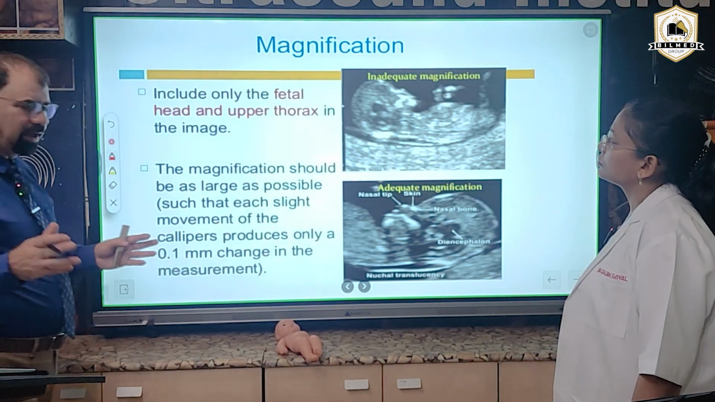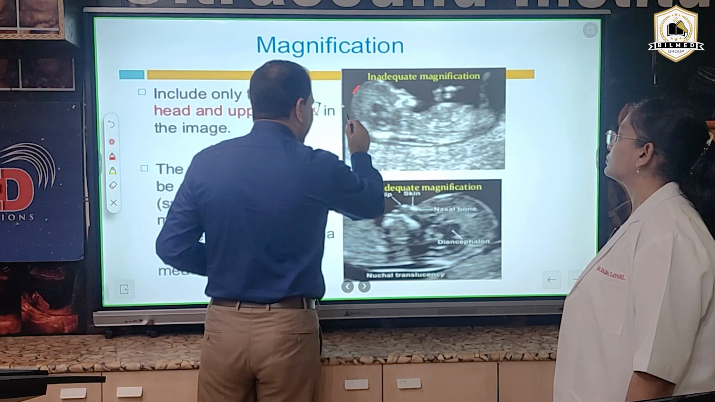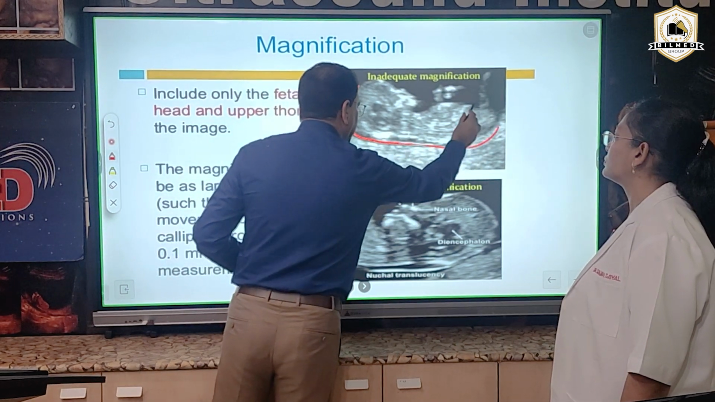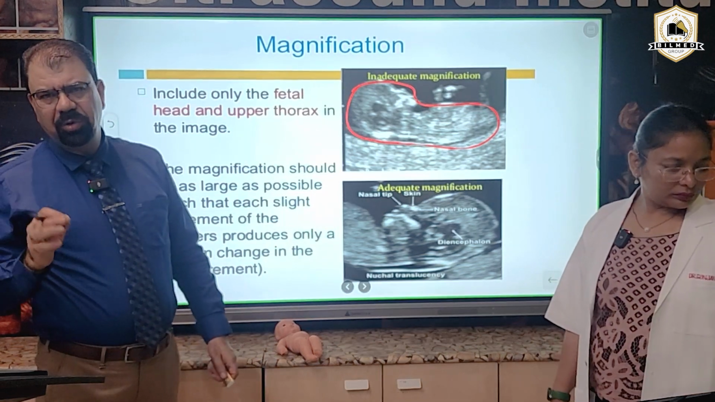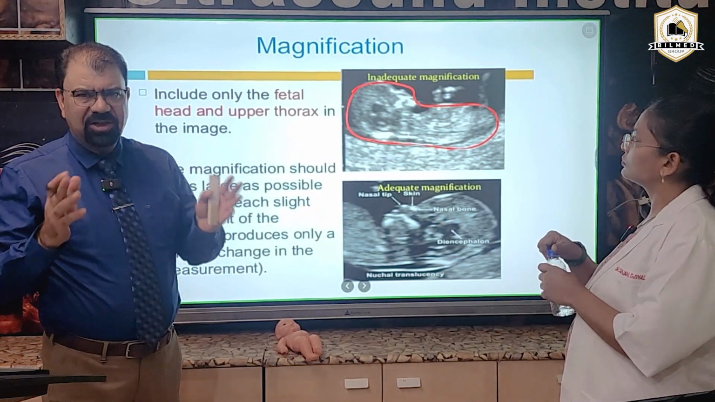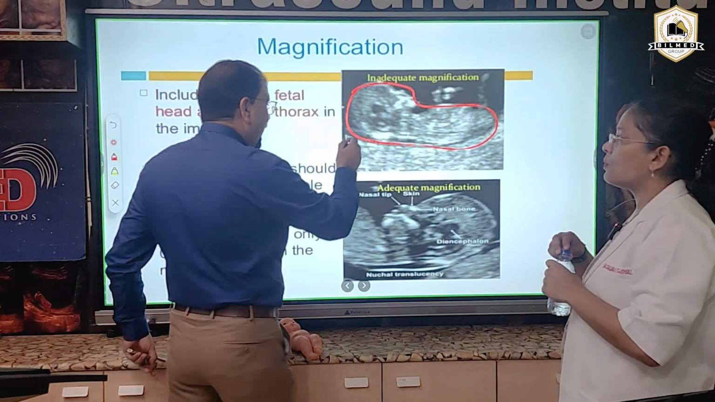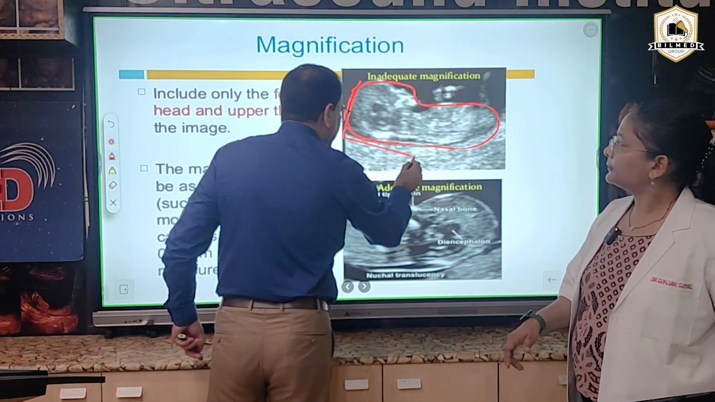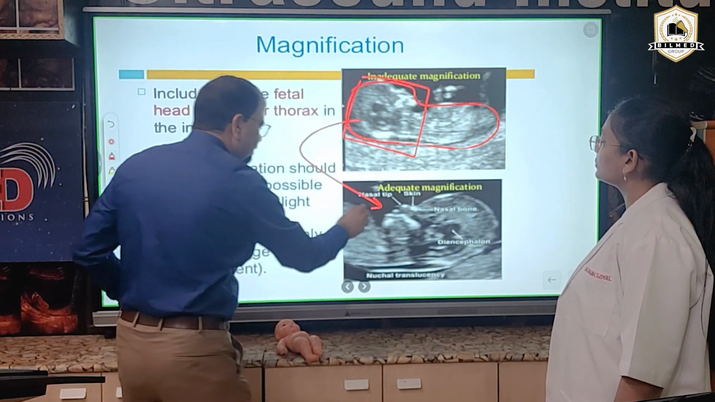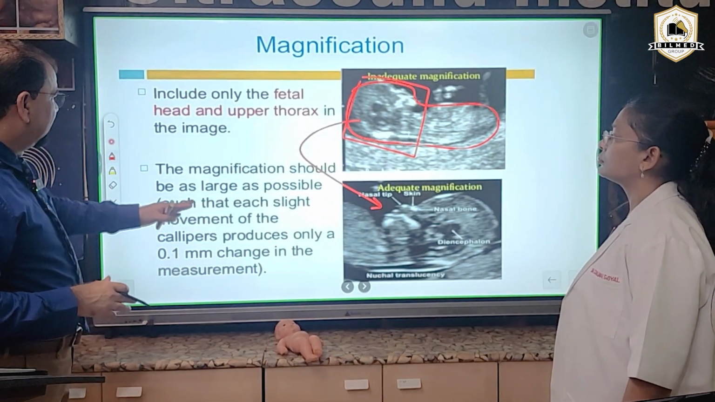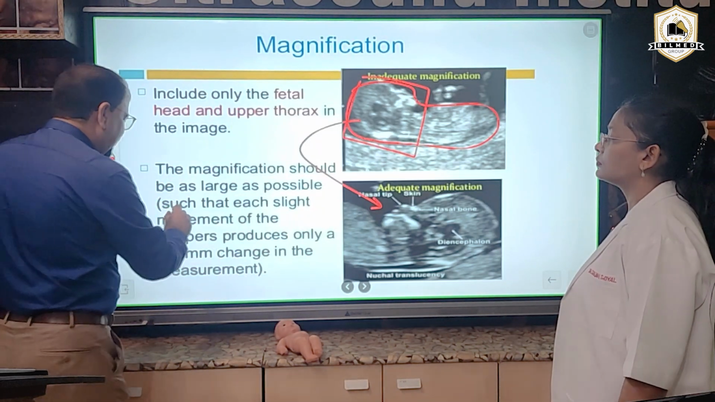Now, how to take it? You have to first magnify the image. Now see, over here, this fetus is in length. This is not a good section, not a good image for an NT scan. You have to magnify over here to get this type of image. Magnify as large as possible, such that